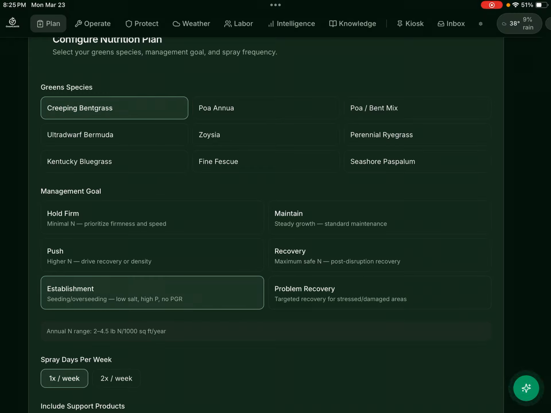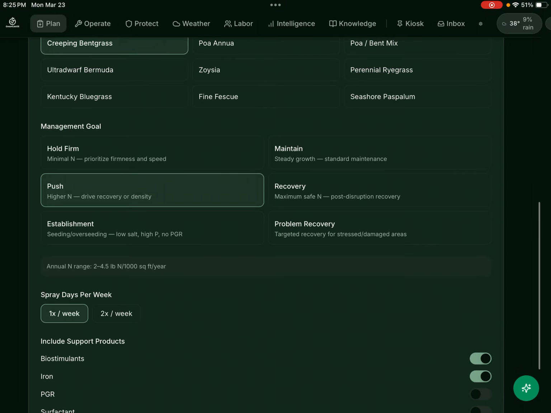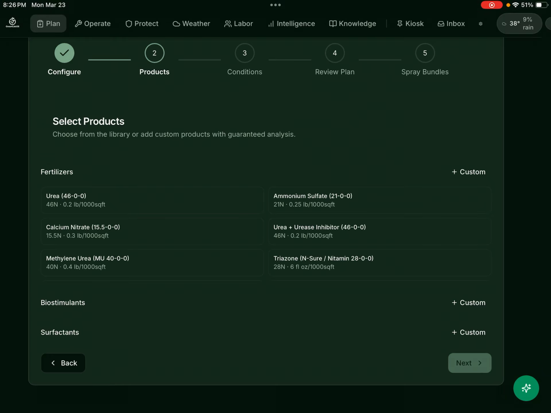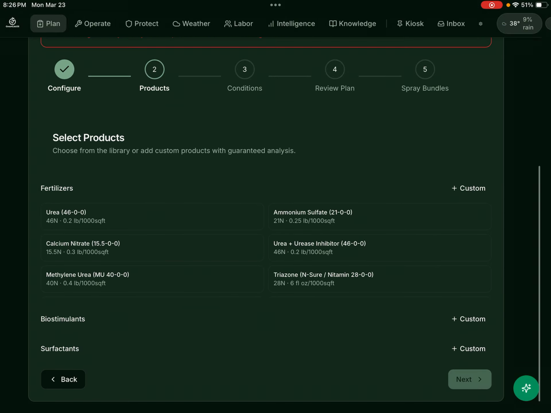We'll do establishment because I want to do some things, or I can do maintain. I want to hold firm, or I can push them. I can drive. This will help plan it. So I'm one guy with a couple helpers. I can choose how many times I can spray a week. Twice, once, twice, whatever. And then I can select down here support products. So if I want to do surfactant, PGRs, whatever it is, I'm not going to do plant growth regulators. I don't need iron this year. Let's go. It's going to tell me to select my